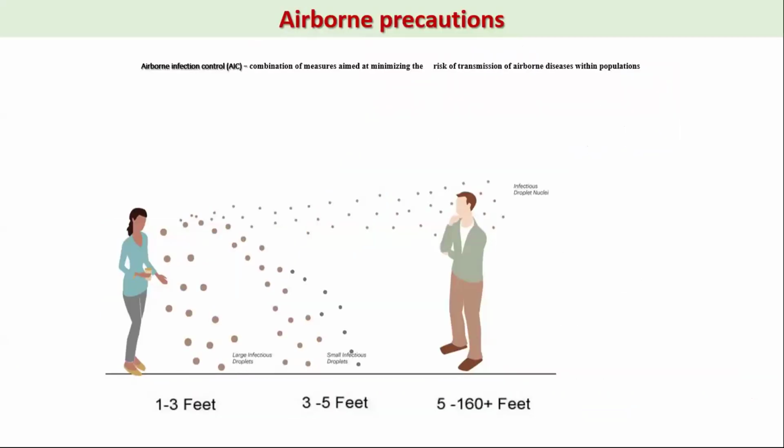सो जब हम एयरबोर्न इन्फेक्शन कंट्रोल देखते हैं तो आपके लार्ज और स्मॉल ड्रॉपलेट्स ऑलमोस्ट 5 फीट तक जाते हैं, और जो न्यूक्लियाई है वो ज्यादा दूर तक जाता है। तो इसलिए एक बेसिक फंडामेंटल है, that is to keep a minimum distance of 6 feet between 2 patients and doctor and patients। तो हमने पेशेंट से ओपीडी में हो या आईपीडी में हो, बात करते वक्त 6 फीट का डिस्टेंस मेंटेन करना है, और इसी तरह से हमें इसको इंप्लीमेंट भी करना है। नेक्स्ट स्लाइड प्लीज।